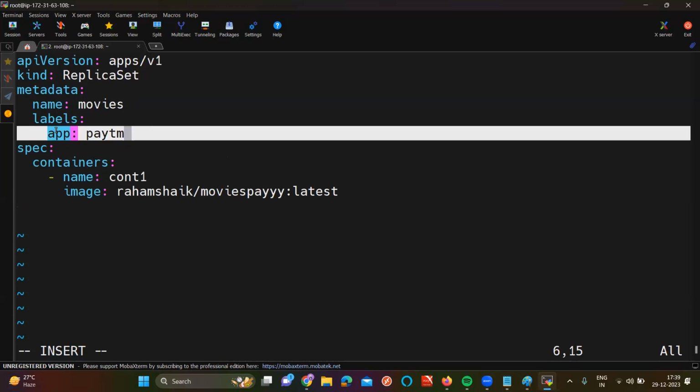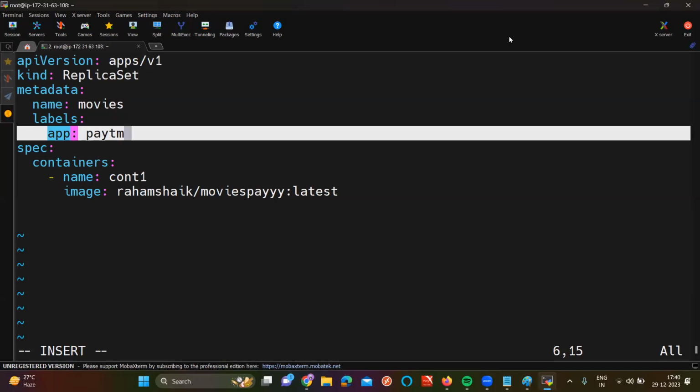First of all, what is the meaning of a label, sir? Here, a replica set means multiple pods. Let's say your pods, for example. Like, what's your name? Kirti. And your name? Lakshmi. And yours? Parnita. If I say good evening Kirti, good evening Lakshmi, and good evening Parnita, I need to say it multiple times, right? But instead, I say good evening students, and all of you respond, right? That means instead of calling with names, if I call with a common label, all of you respond. That is what Kubernetes will do.